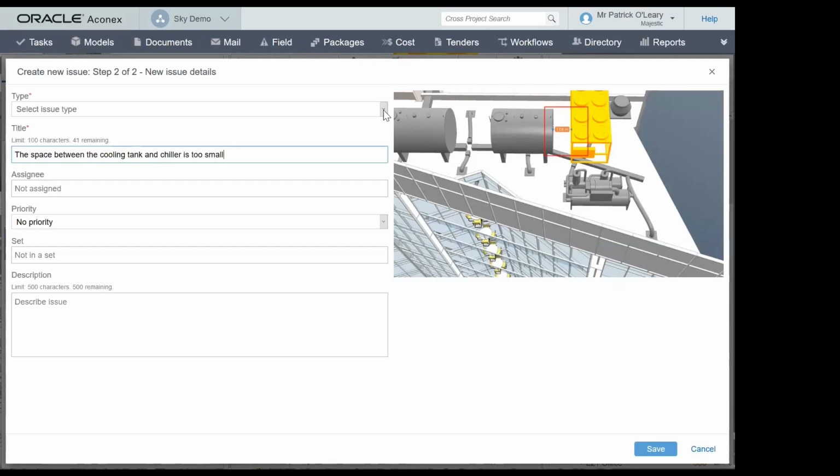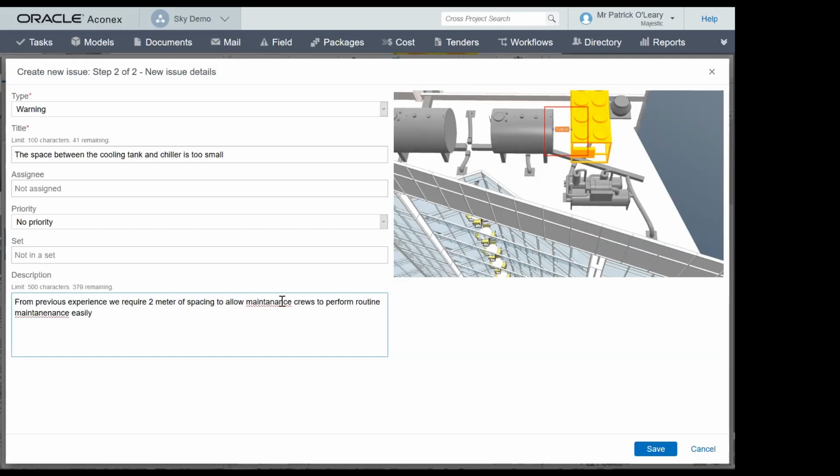The issue type here would be, maybe it's a warning, because you could even write here and say, from previous experience, we require 2 meters of spacing to allow maintenance crews to perform routine maintenance easily.